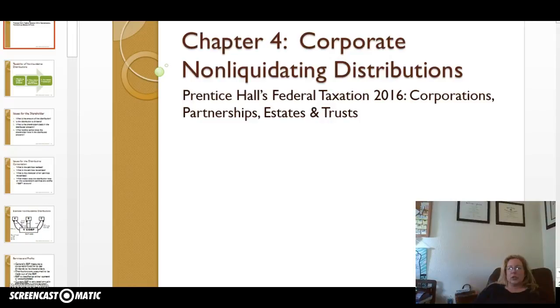And the module concludes with an examination of S corporations, including the advantages and disadvantages of the S election, requirements of the S election corporation, revocation or termination, and then shareholder basis, and determination of taxability of an S corporation distribution. And so we start with Chapter 4, which goes over corporate non-liquidating distributions,